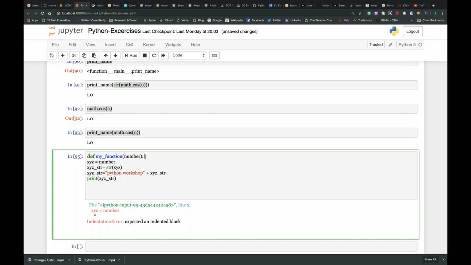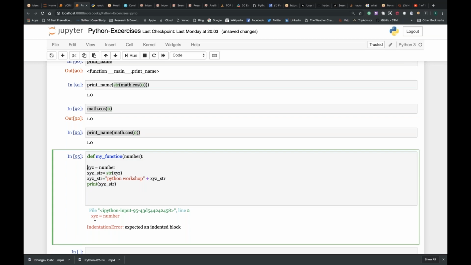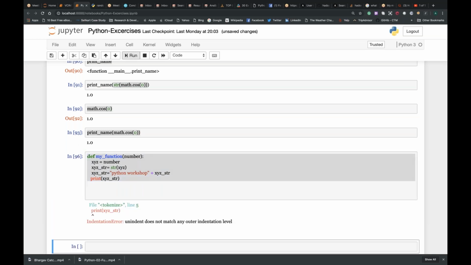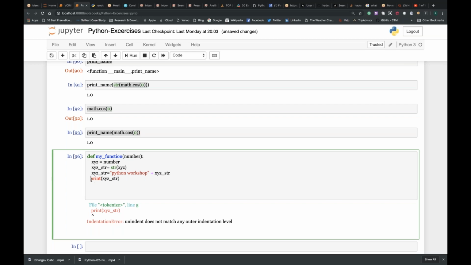Indentation error, no problem. It should go here. This should go here. This should go here. This is print statement. Okay. Now again indentation error. Sorry guys. This should go here. Now it's perfect.